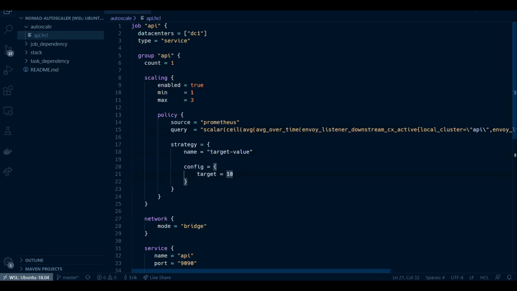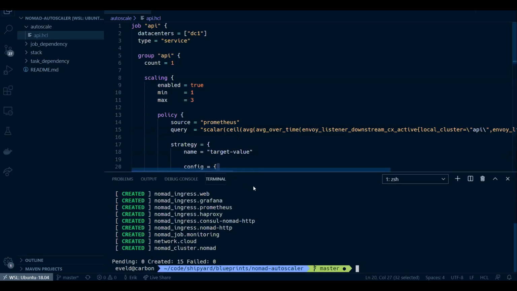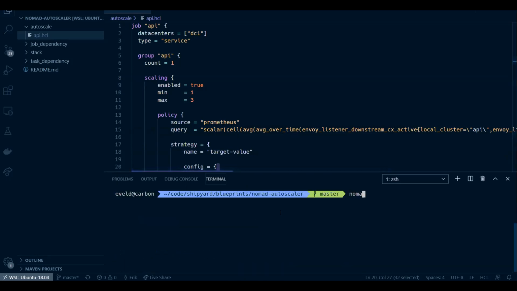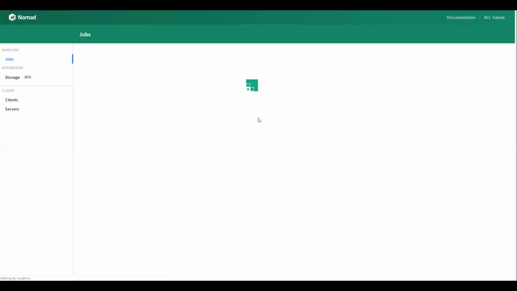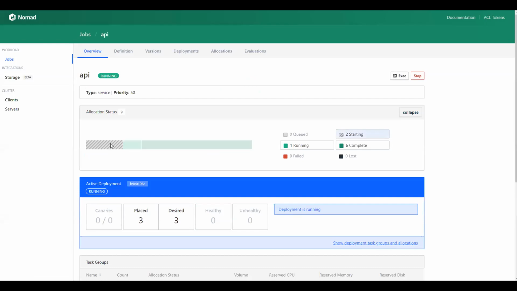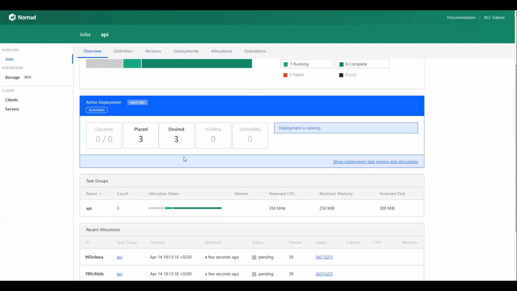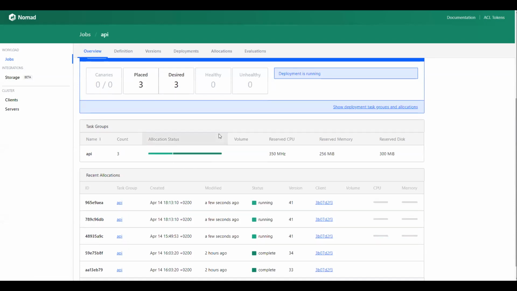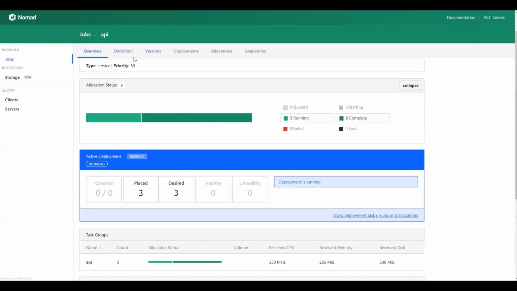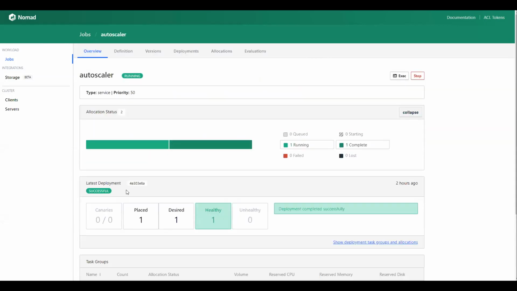Okay, so if we apply this new job file, which I'll do inside VS Code. There we go. Let's run that, apply it. Then if we go back to Nomad, we can see that the new version is being applied, and the autoscaler has already detected the policy and is already scaling it up to 3, even though we didn't define that in the job. Now, if we take a look at the autoscaler,